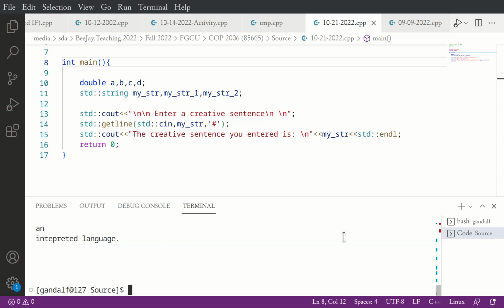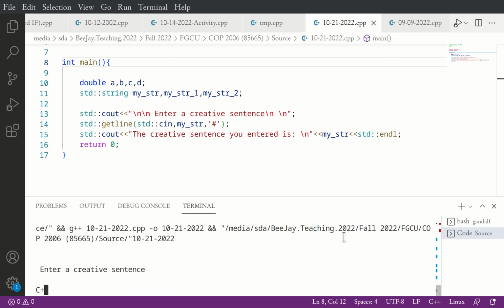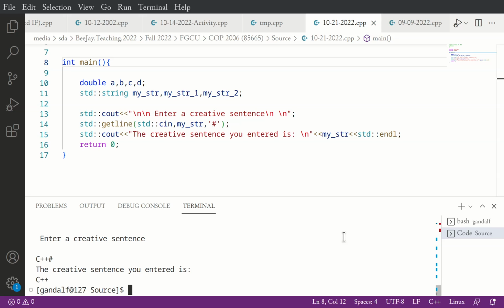The same case, but this time I am going to do C++, pound sign, enter, and I'm done. This is only if you want to print separate lines. So I want to do line 1, then line 2, then line 3. Let's say you write a paragraph and you want that paragraph to be printed.